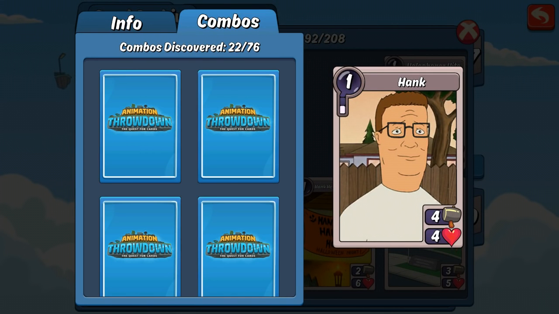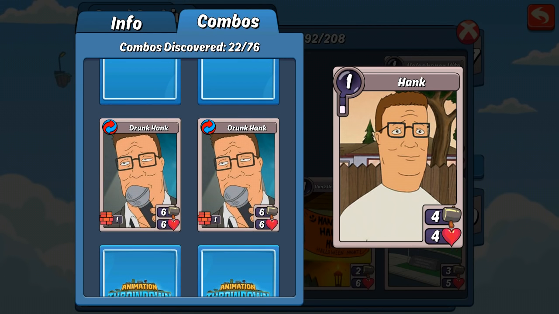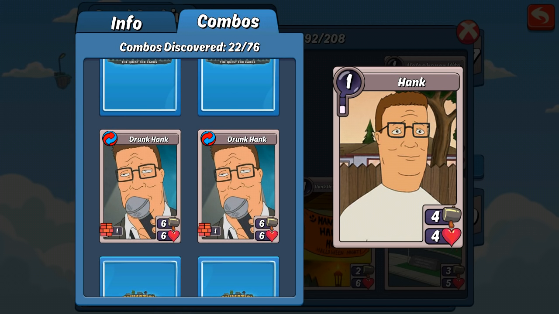Now, Hank Hill doesn't exactly have a commonplace of all his cards, like you saw with Propane. A commonplace was a lot of punch cards and all-around offensive cards. Hank doesn't necessarily have any common ground between his cards, but as far as first starting goes, at least with the current on the house effect in the game, Hank is extremely useful for defensive wall with Drunk Hank,